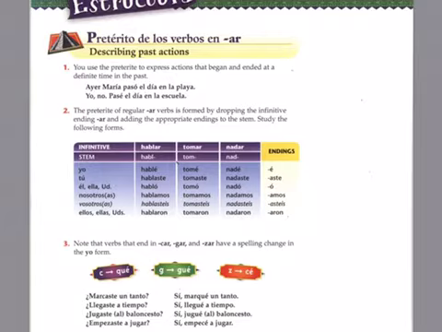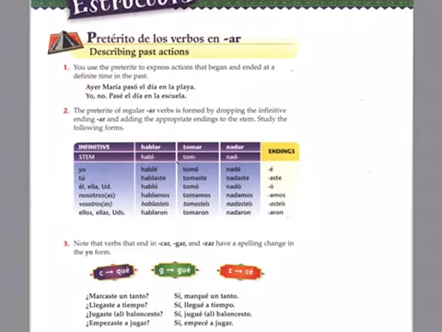This particular chapter, chapter 9 in the textbook series, is going to give us the ability to talk about things in the past tense. And the introduction is to a verb tense we know as preterito. It's one of two major ways of saying things in the past. There's preterito and there's imperfecto. If you continue on with Spanish too, we'll do a lot more of that next year. But for right now, this is definitely a new concept that I hope will make sense after I explain it briefly.